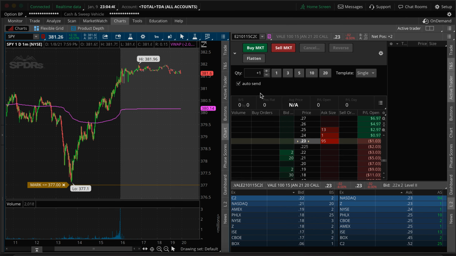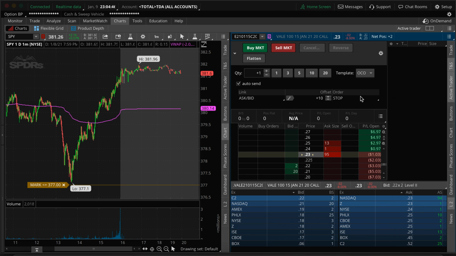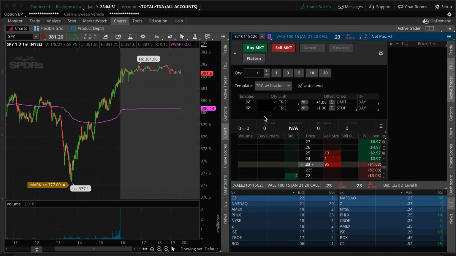You can do up here by creating your templates. So you can do with an OCO. So that'll be putting in your, actually you want to do with bracket. So that gives you, you can put in your trigger price. So say you want to do at plus, technically you could even put a trail stop. Well, no, you'd have your limit order. So say you want to put it in at 100% profit,